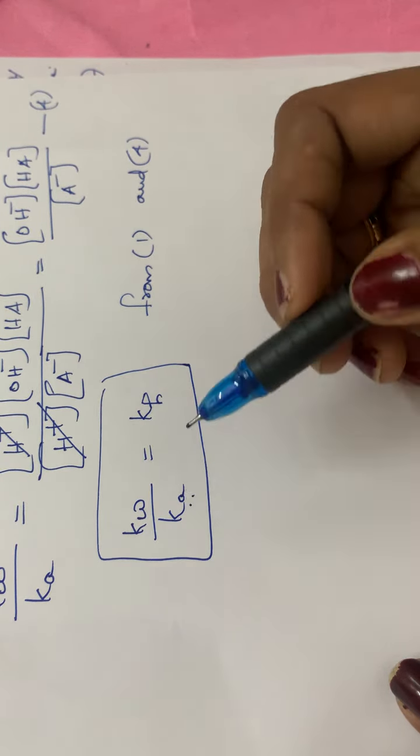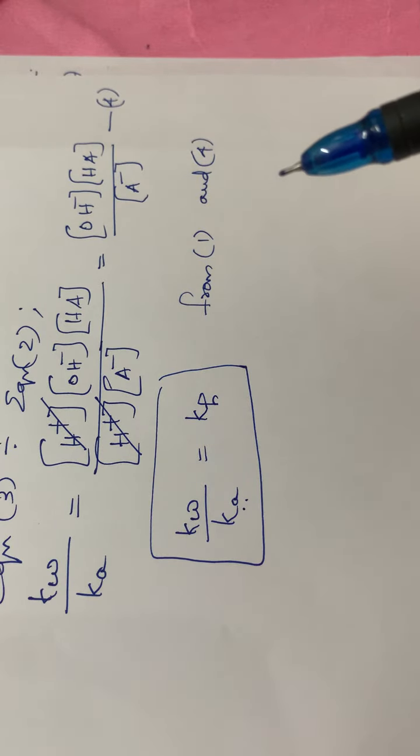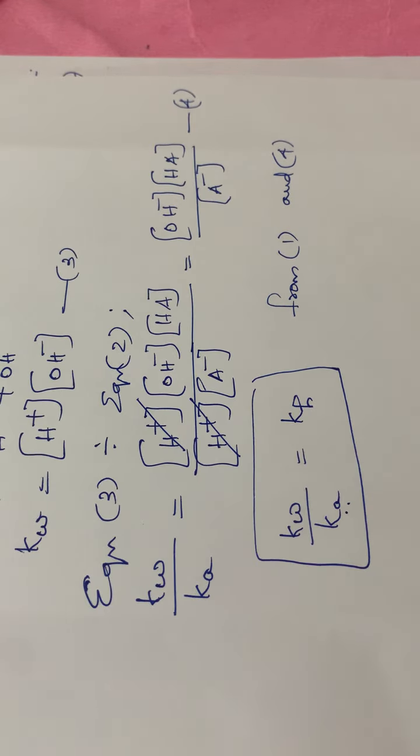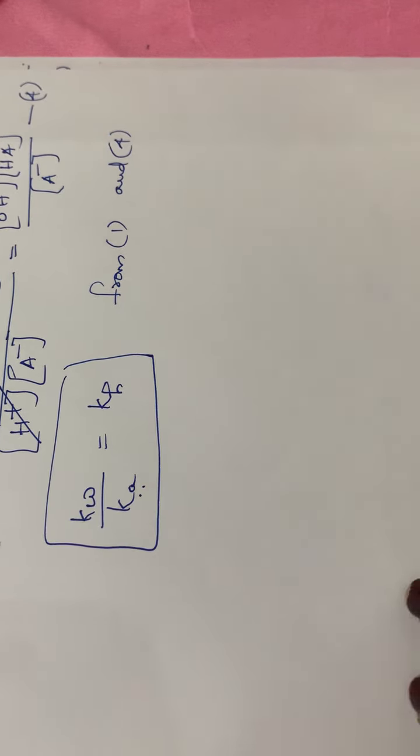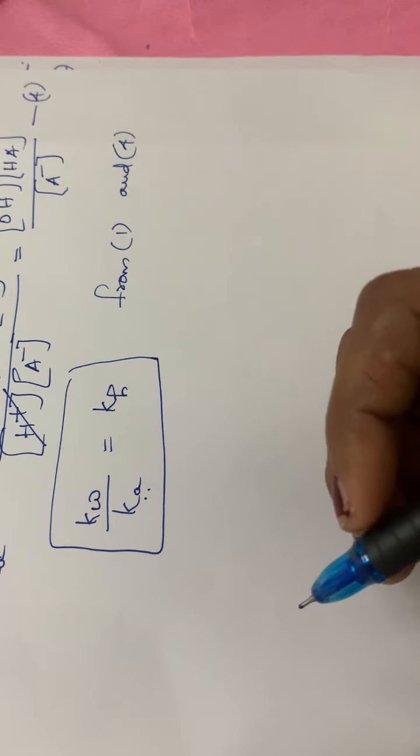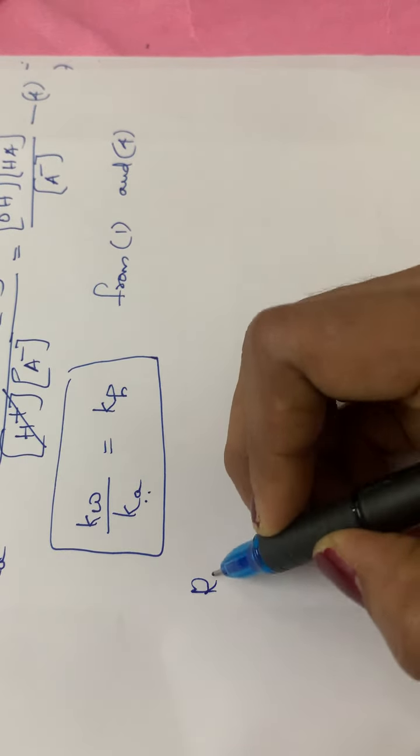Then the next heading. I don't think there is any need for repeating all these derivations. Please go through them once again if not clear. It's very simple, this derivation is very simple. Then the next one is the relation between